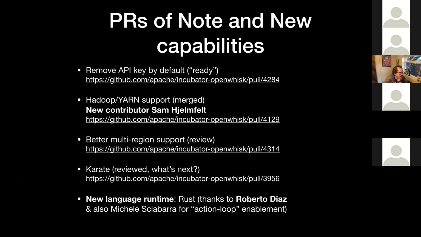I'll start with PRs of note. There's one PR that's open that I think is ready, although I saw a comment earlier today on the issue that I have to address potentially. This PR, which James Thomas mentioned last week, removes the API key from the actions environment by default. If you have actions that need to invoke other actions, you need the OpenWhisk API key for that. Where today we provide that key on every invocation, it will now become an explicit opt-in on newly created actions, mitigating backwards compatibility issues for deployments that have actions in production already.